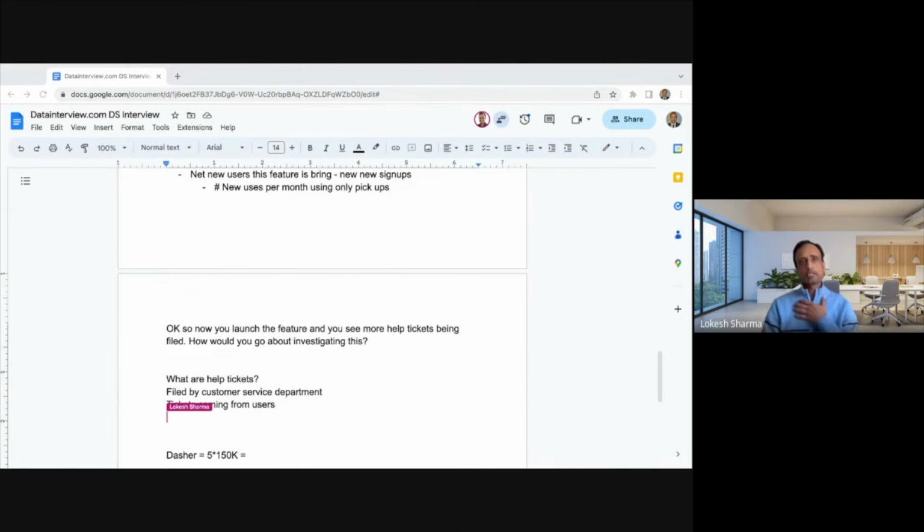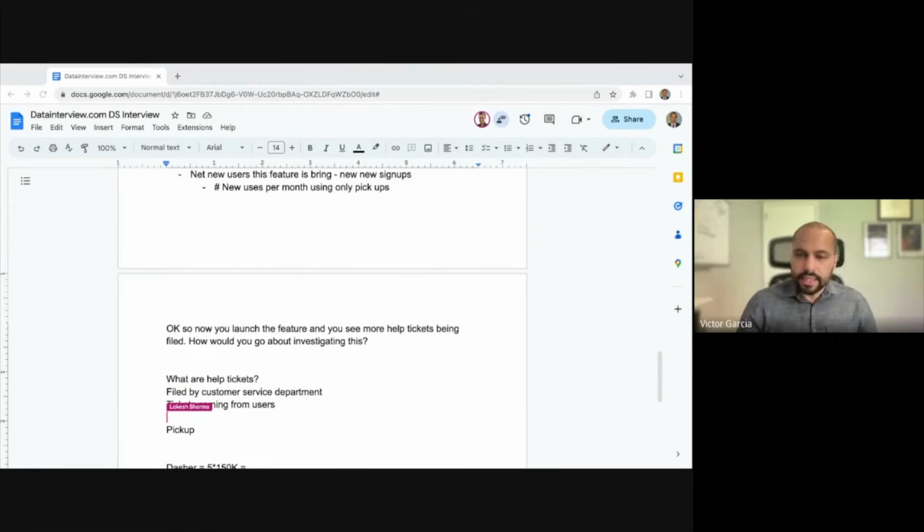Okay. I think in this case, do we know if the tickets are coming for the pickup? Like, do they have an option in the subject line, or when they create the ticket, do they indicate which feature they are using? Yeah, let's say that some of the customers are indicating that they're customers who are using the new FedEx UPS delivery service. Got it.